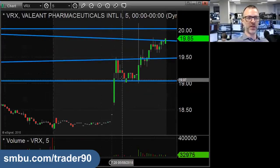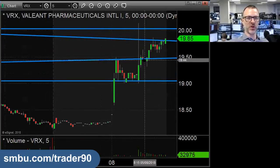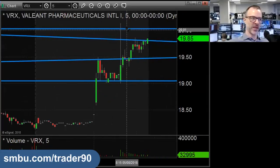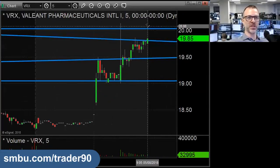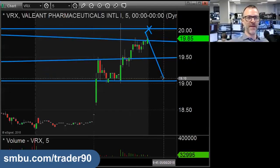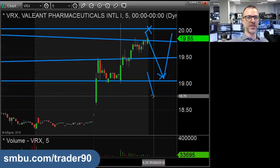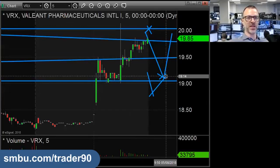First move was to 19.50, they stepped in at 19, they started to hold it at the high. That's bringing it to 20, but my first thought is, what I put in the chat, I put 20 resistance. So I want to see if it fails here at 20. If it comes back down and supports here, that's fine. You can play it on the long side again. But if it fails up here and takes out this 19, then tries to bounce up and fails